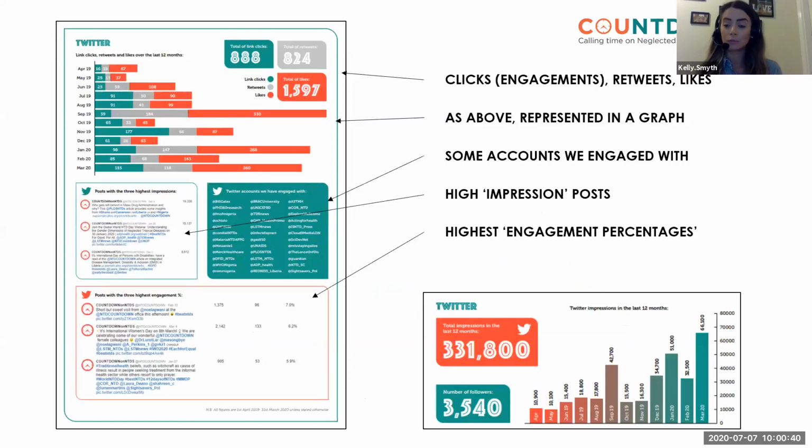As part of our annual report to DFID this year, we included a 3-page visual document on Countdown website and social media usage. This was the page in it for Twitter. There was more to it, but this is just the Twitter section. So there's no need for us to go into detail here, especially as we are time restricted, but we just wanted to show you this to illustrate how in depth you can go with the analytics and looking at the engagement with your Twitter account.